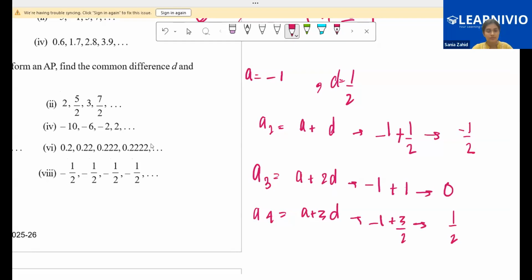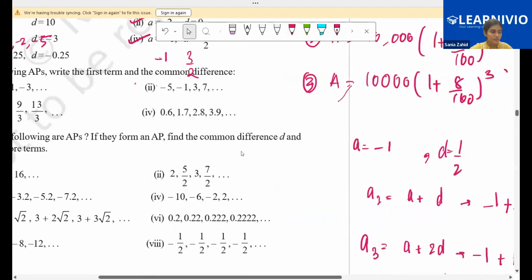Done? You got the mistake? Yeah, done. Okay, so now we'll move ahead. Now the next one is